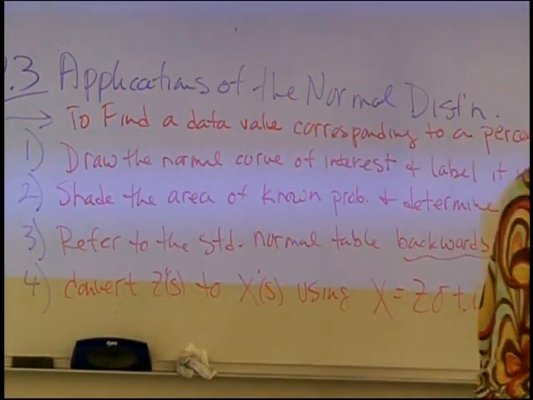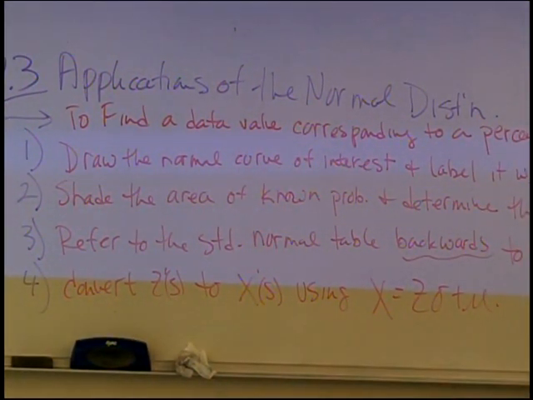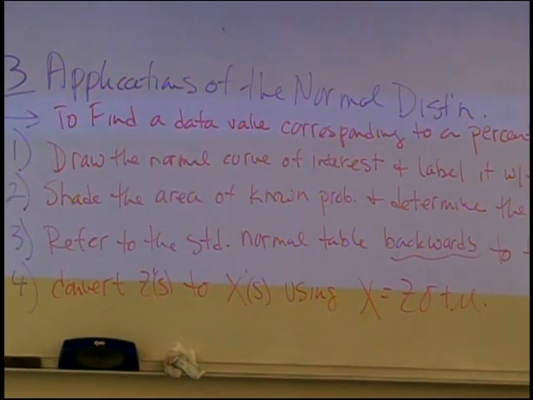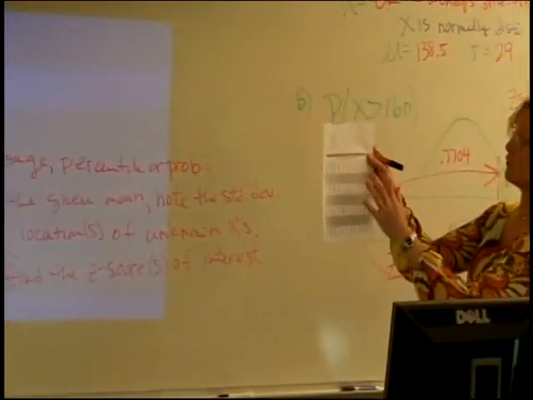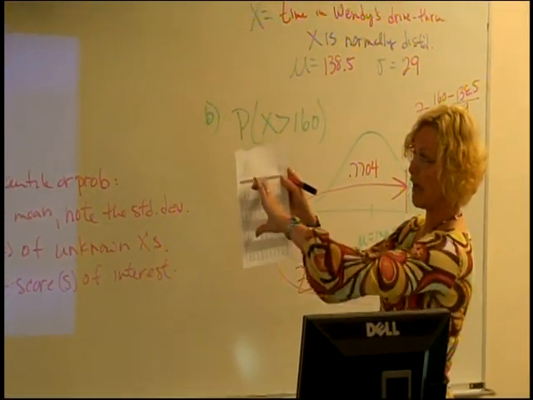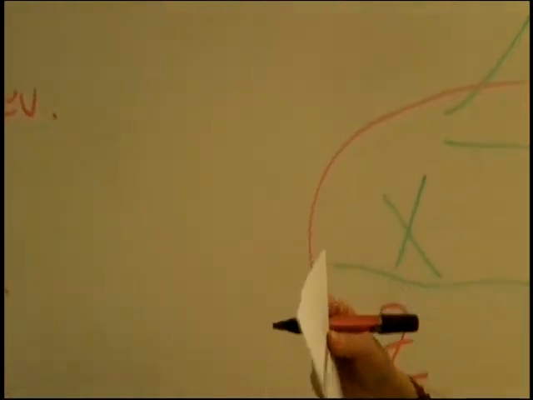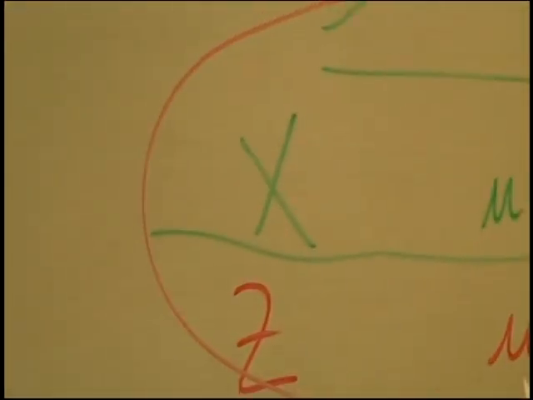So we use the table: we find the z-score and look for the corresponding probability. To go backwards, we look at the probability and then look at the corresponding z-value. To use the z formula backwards, because the whole process is backwards,